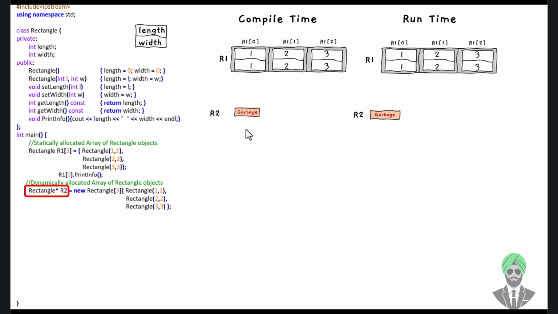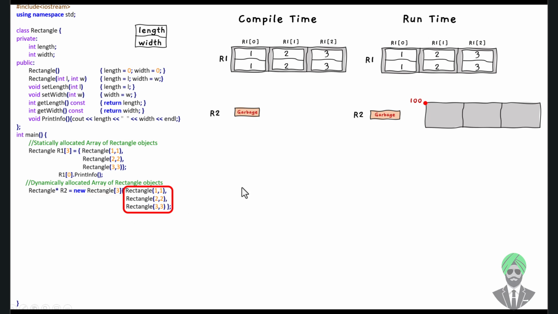Now at runtime, this configuration is copied over to RAM. So R2 still contains a garbage value. A new rectangle array of size 3 is created and it doesn't have any rectangle objects in it just yet. Let's assume this rectangle array was created at location 100. And then the three individual rectangle objects are created with values 1, 1, 2, 2, 3, 3 for the length